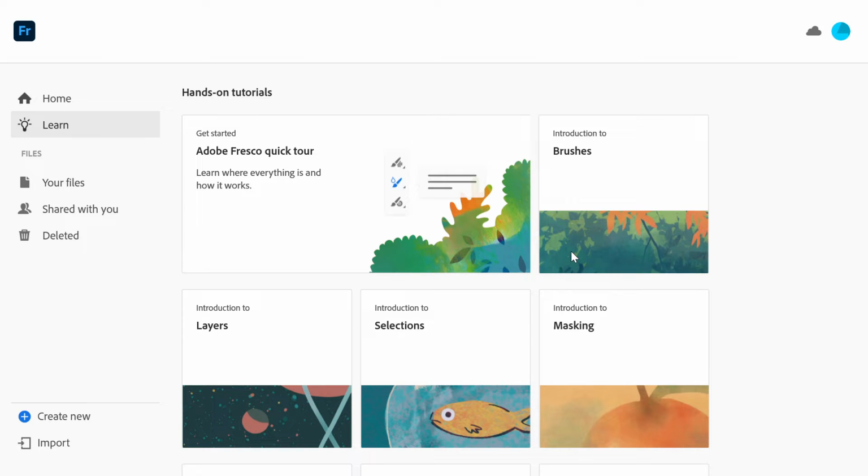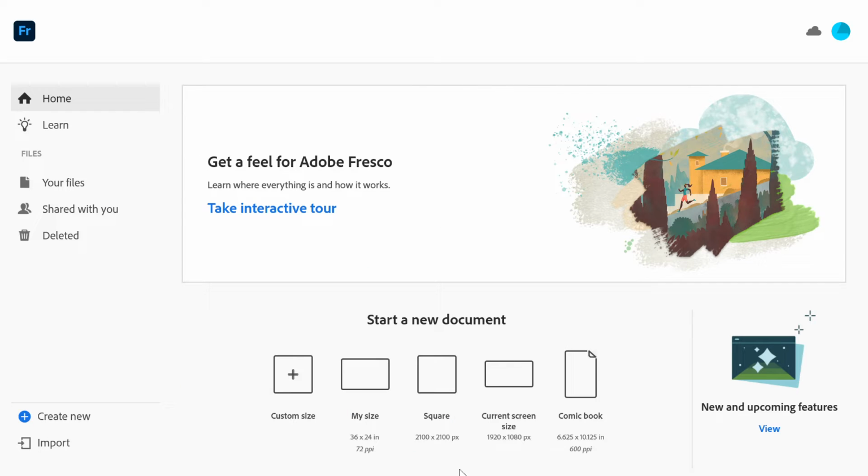And if you're experienced, it's a good thing for quick projects. I use it for small stuff a lot. But yeah, then you just have your files, and then create new, import and stuff, and then you have the typical